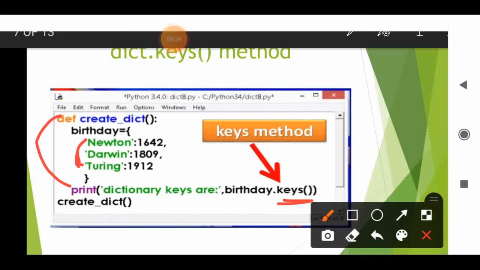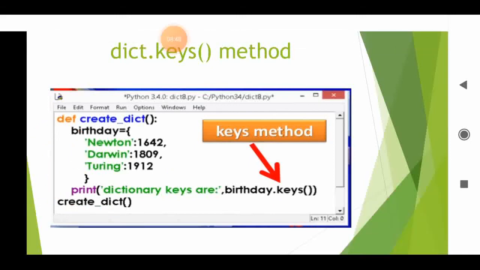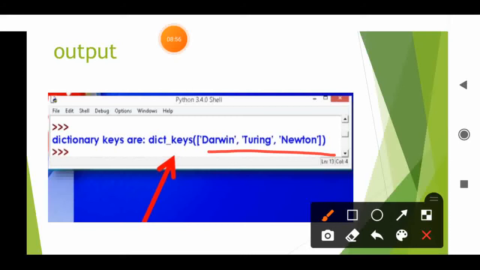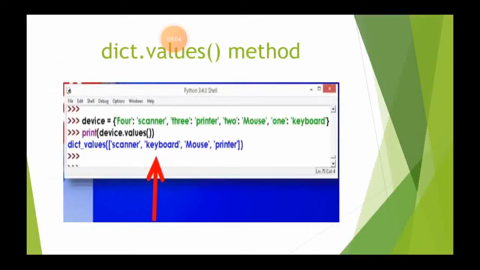The next statement, create. So the control will pass to the function header and it will read the function definition. We'll see the output. Dictionary keys are: the keys alone are displayed here. Have you checked? So the keys function is used to return the list, the sequence, of keys. The next function is the values function. The values function is used to return the values in the dictionary.